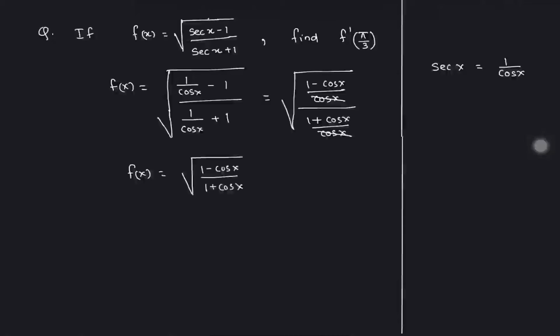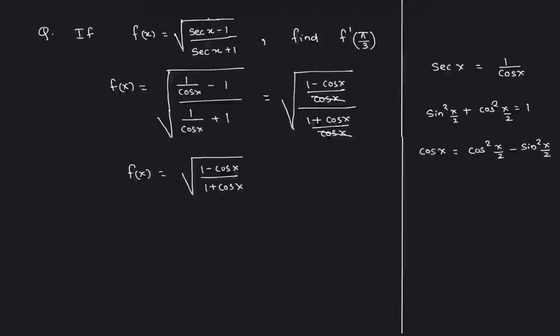Now what do you do after this? If you remember, we have the identity sin square x plus cos square x is equal to 1, and this is valid if the angle becomes x by 2 also. And why we are taking the angles to be x by 2, let me just show it to you over here. Cos x, if I represent it in terms of half angle formulas, it can be written as cos square x over 2 minus sin square x over 2.